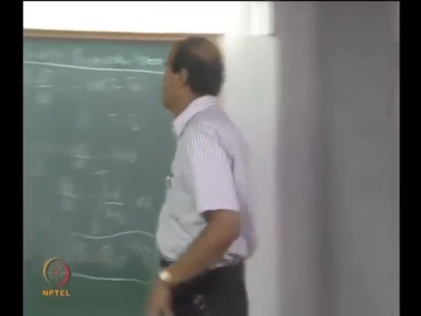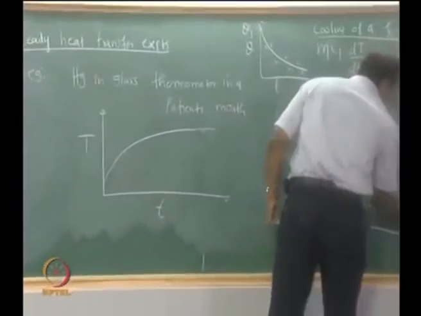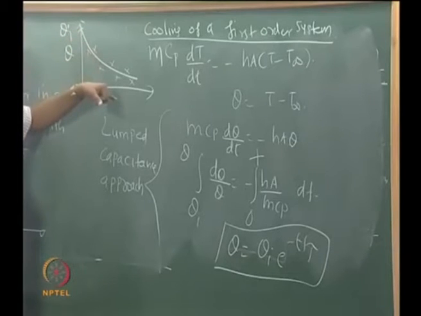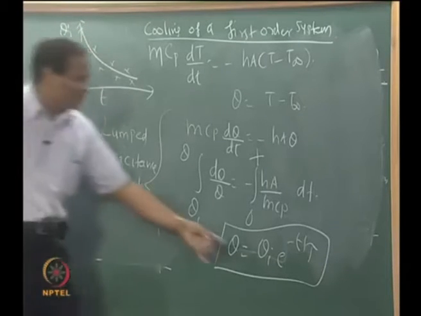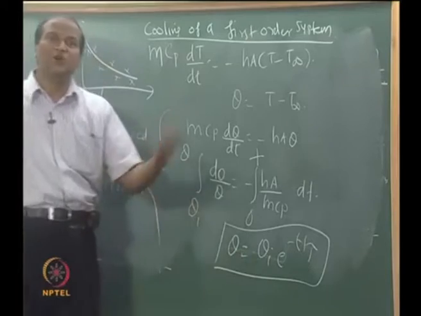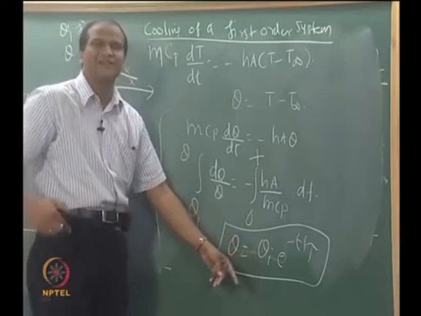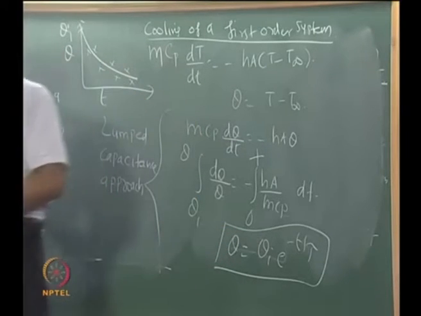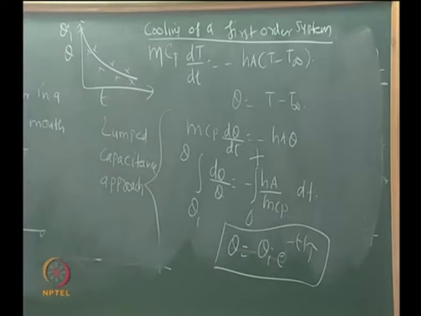Now why do you want to treat this theta I also as unknown? Because the moment it starts there is a rapid decrease in temperature, therefore this theta I may be prone to error. It is good for you to treat theta I as an unknown, find out theta I and compare with the experimental values which you already obtained. So this is a standard way of getting the heat transfer coefficient using unsteady experiments.